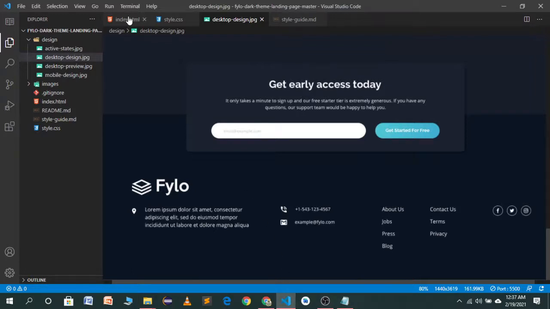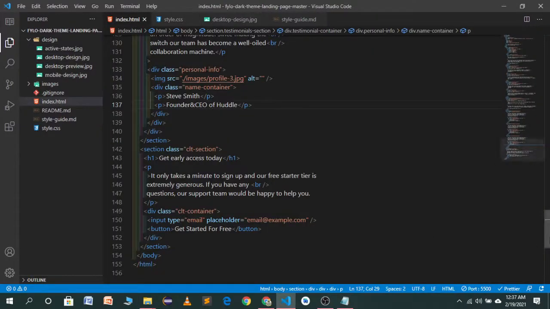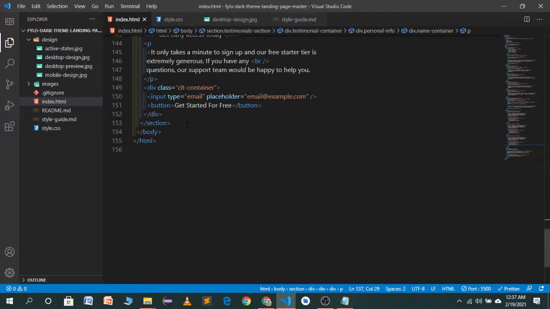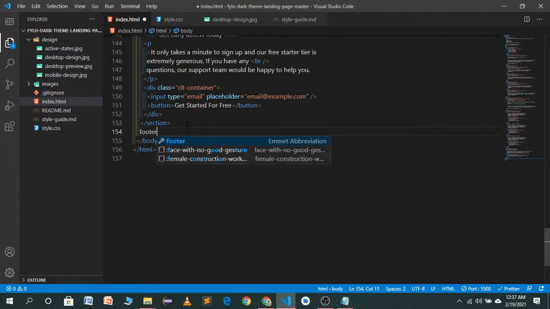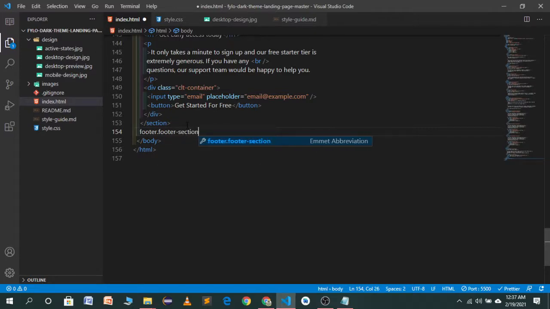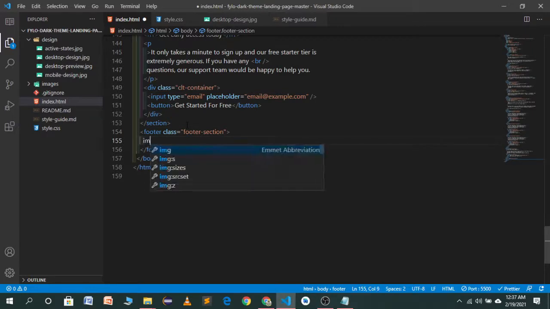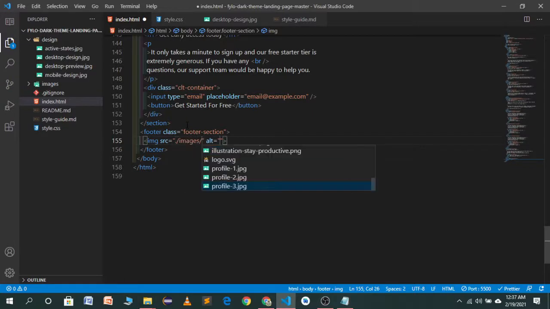So let's go to our HTML file, and here we have another section which will be called a footer section, and in this footer section we will have an image. Now let's go to our images folder, and it's a logo.